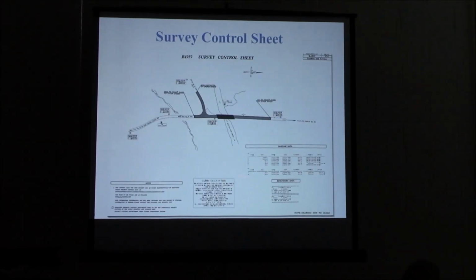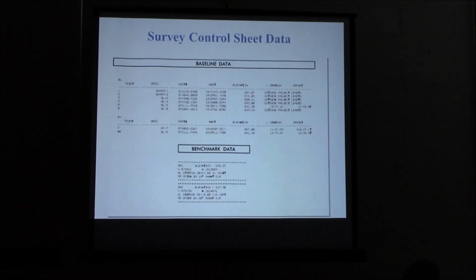This is the area I'm focusing in on down here. It shows you baseline data, it gives you that data. There's your benchmarks. Here's their points that they use. Gives you northing and easting and elevations. Most of the time, survey parties, one's going to be using that. Go ahead. The tree that you benchmarked on, you cut down. Okay, well,